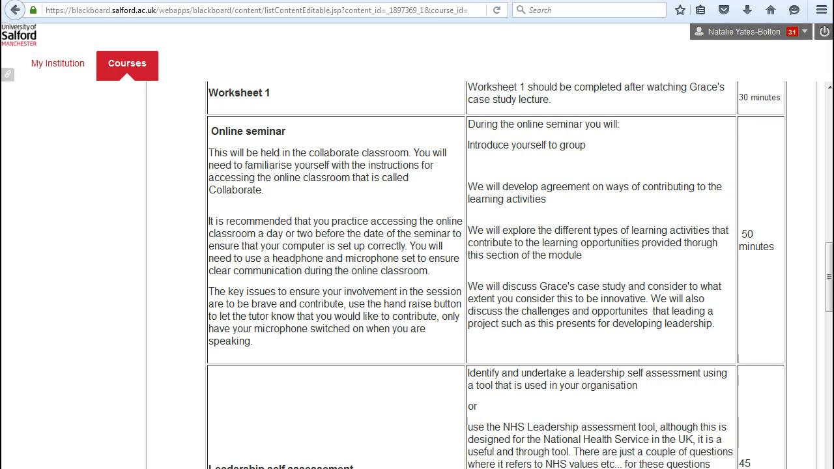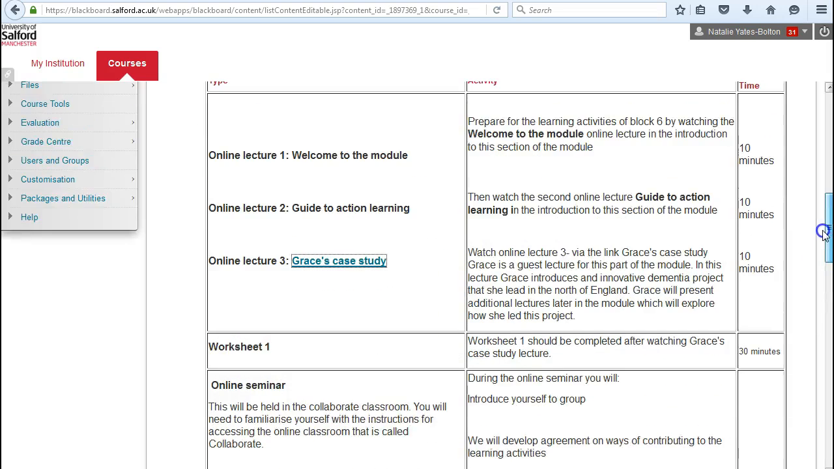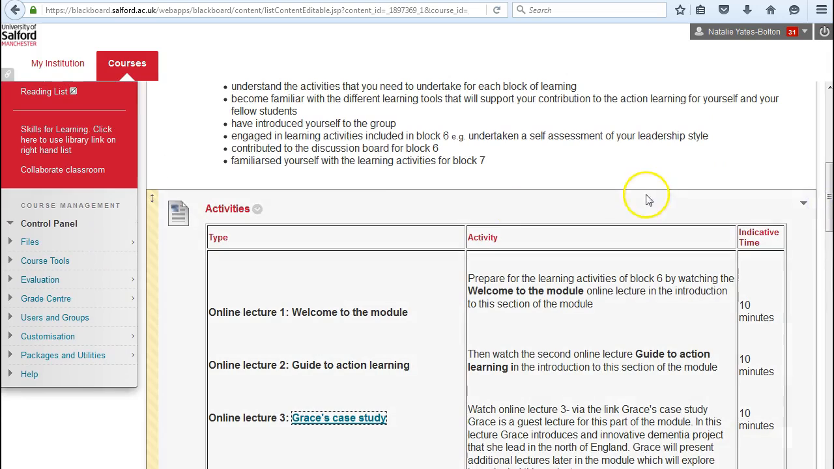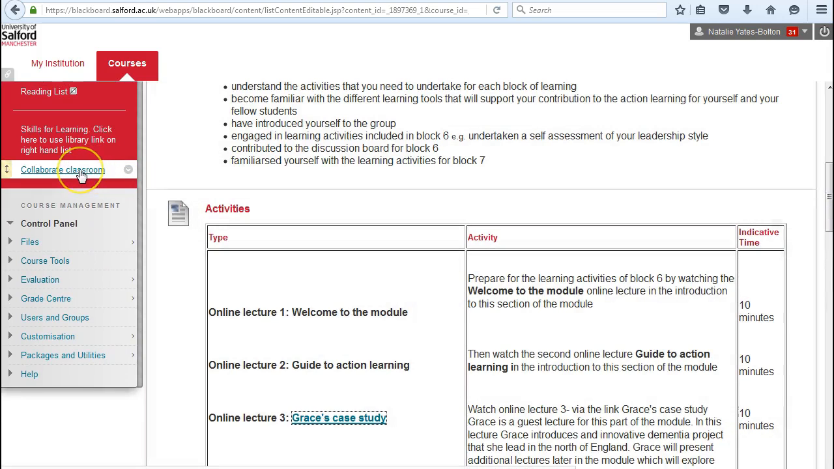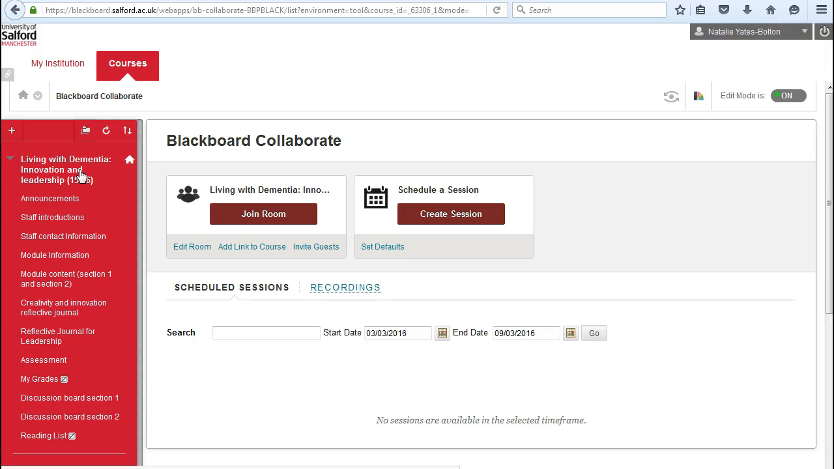So that's some of the pre-learning for you to undertake before you attend the online seminar, and your tutor will have emailed you the dates of your online seminar. So the online seminar is held in Collaborate, the Collaborate classroom, which is accessed by the left-hand toolbar. So if we go back up here, your Collaborate classroom, you link on, and it's really worthwhile accessing this a